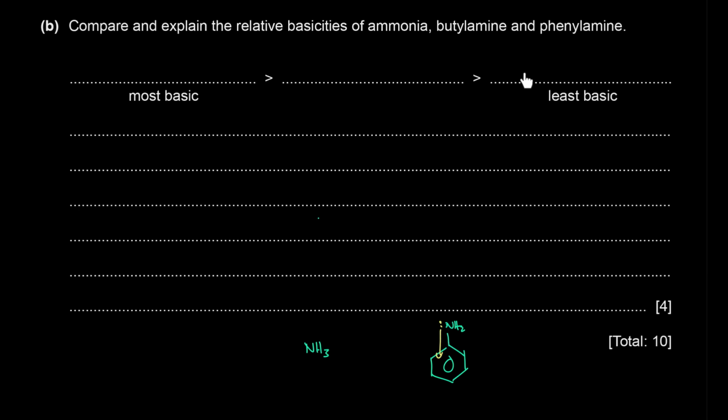So phenylamine would be the least basic and butylamine would be the most basic. So we have butylamine, followed by ammonia, followed by phenylamine. The idea here is that butylamine is the most basic,